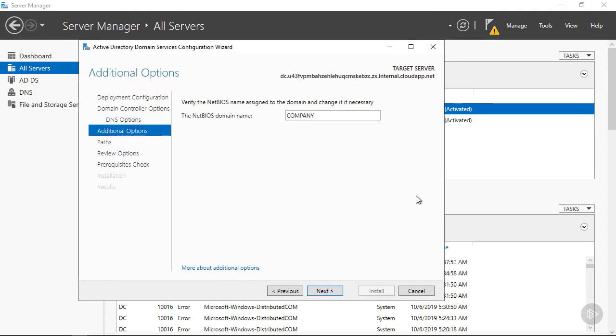Click Next. On our next screen, it may take a minute, but a NetBIOS name will be provided. NetBIOS names are still required for our domain. If you'd like to change the NetBIOS name, you can. We'll leave ours at company. If we choose Next,